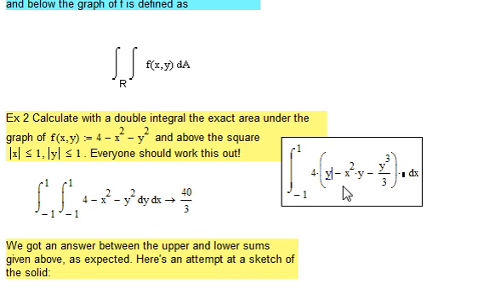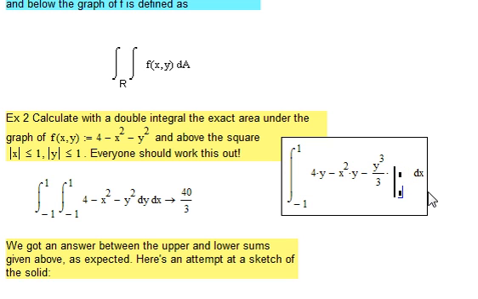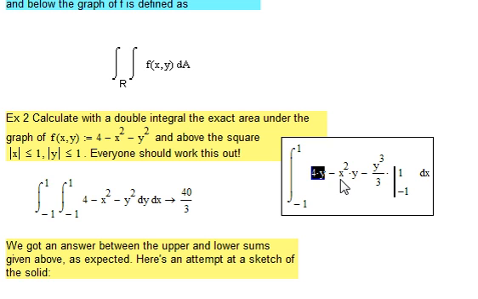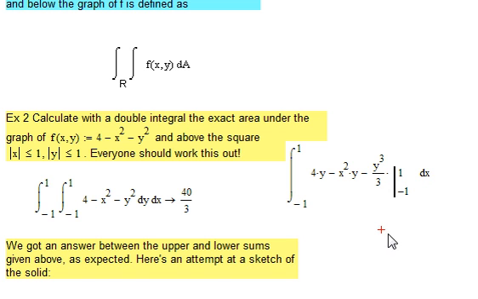Oh, my 4 is not supposed to be out of the parentheses like that. Let me see if, there we go, that's much better. And that is to be evaluated from y going from -1 to 1. So let's see what we get there. That will give us 4 minus x squared minus 1/3 minus,